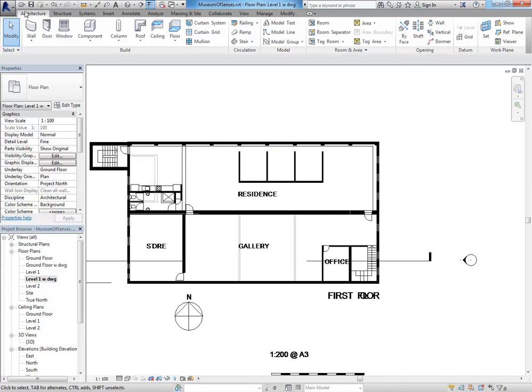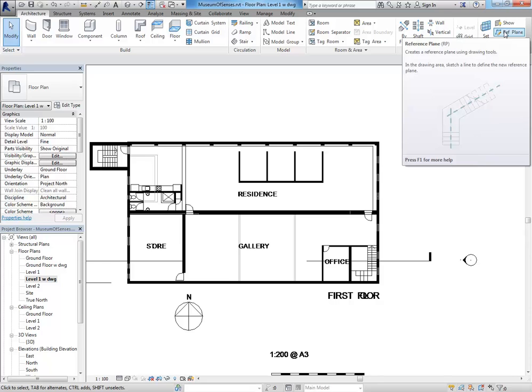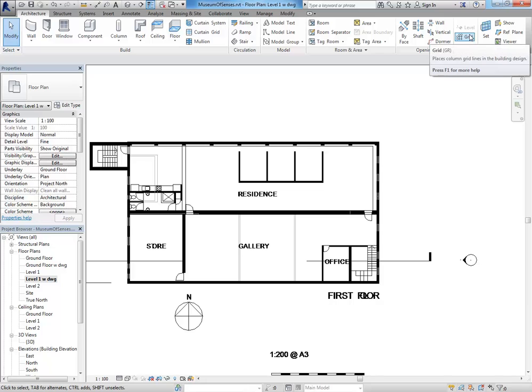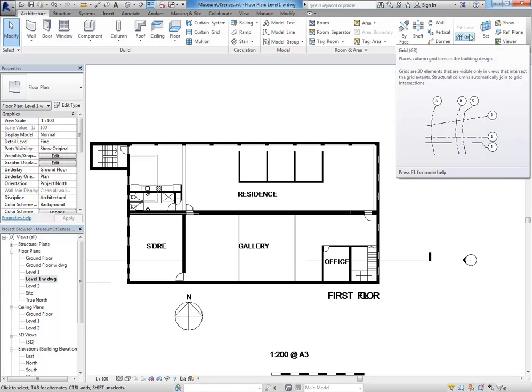Right, so you've got the grid tool on the datum panel. Right, so levels and grids do similar things. And you've probably seen reference planes as well. They're also used for similar things, basically to give you reference points or lines to help set out other physical elements. So a grid is just another kind of reference, and generally used for columns. So here with the grid tool,